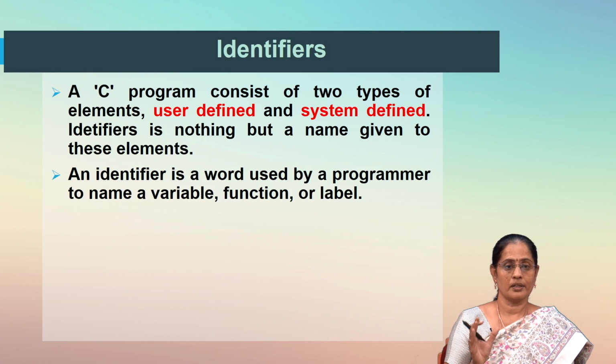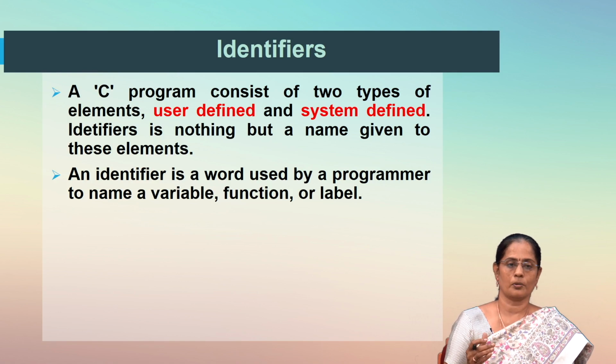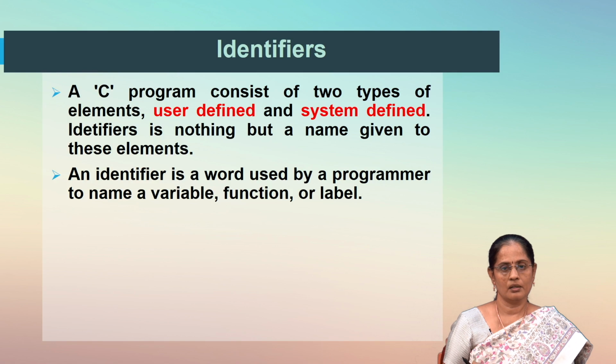And every system defined identifier has got its own meaning. So, we will have to follow those representations as such in the program. The identifiers are basically used for naming a variable, a function or a label in a program. If it is going to be a user defined identifier, we need to know certain things, how the identifier has to be defined. What are the rules that I am supposed to follow when I am supposed to define an